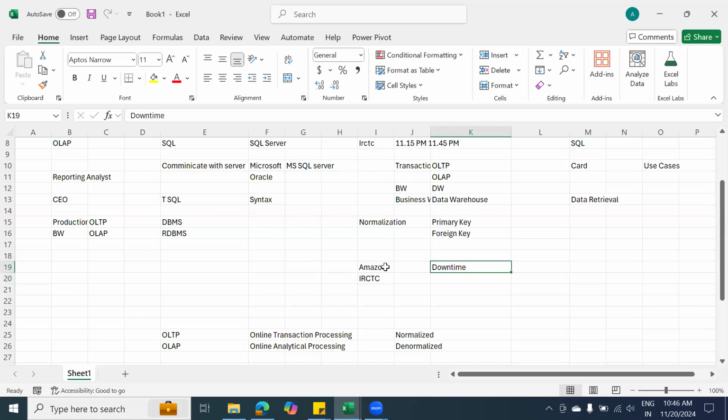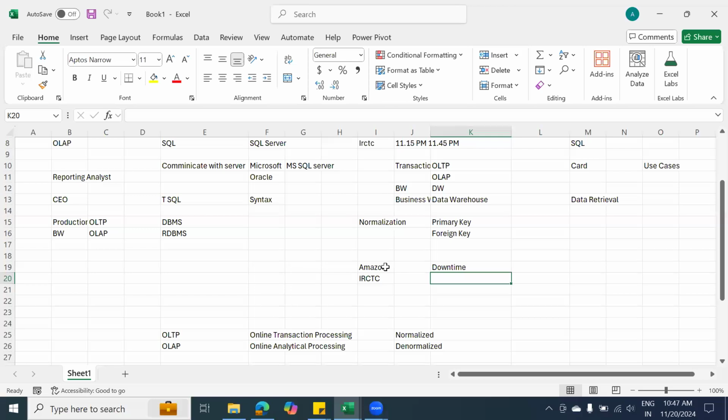But when it comes to Amazon, they're supplying a product. So if the product is not available, they can get it from another warehouse and supply it. So here, there is less possibility for mistakes. But here, the mistake is very costly. That's the reason they are going with some precautionary methods, wherein they want to restrict all the transactions. Am I clear? Yeah, this is like a precautionary method. In simple words, they are taking a precautionary step.